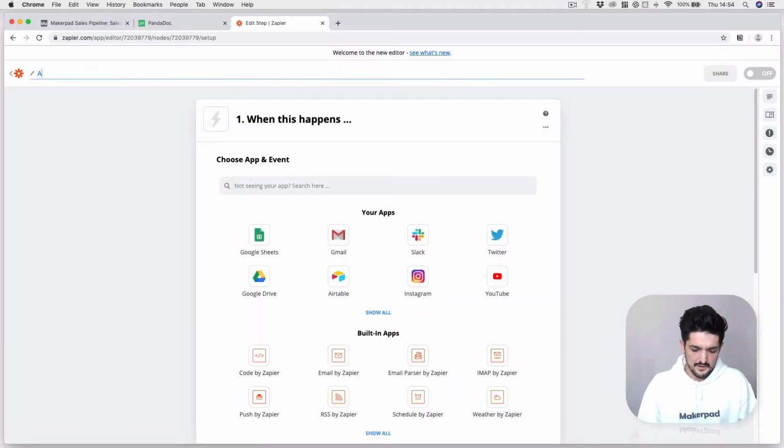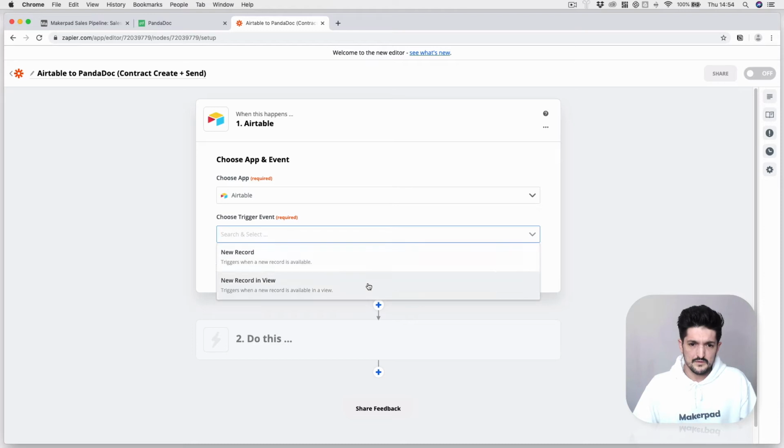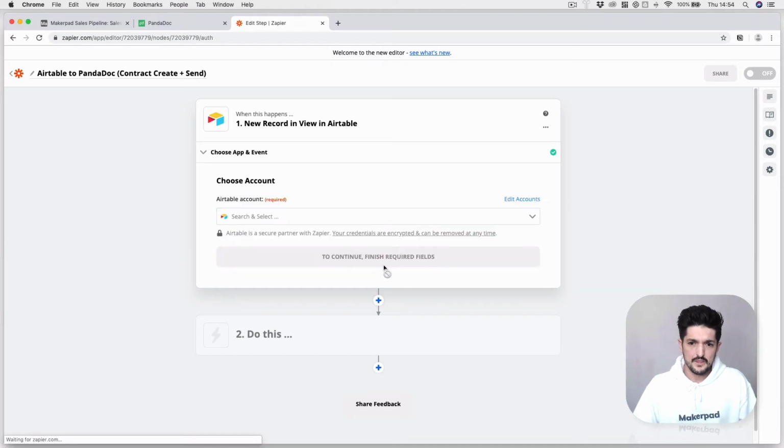We're going to name this Zap Airtable to PandaDoc Contract, create and send. The first app is going to be Airtable. Select new record in view, press continue,